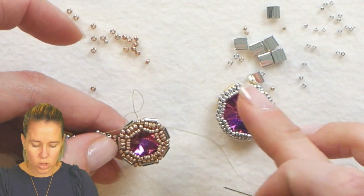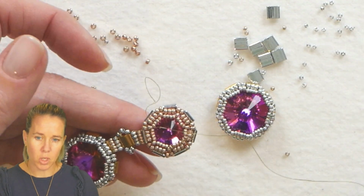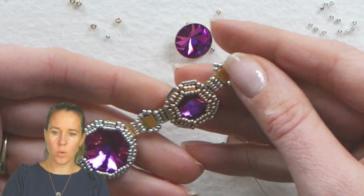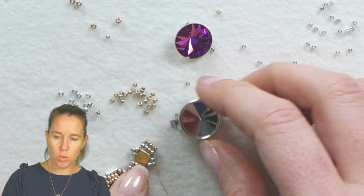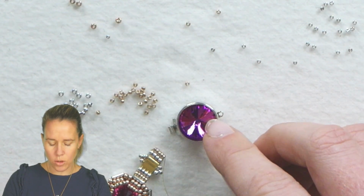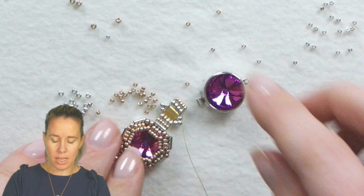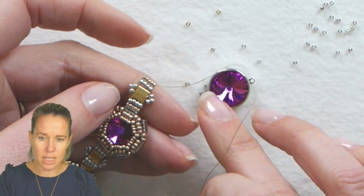Then I'll get ready to do the same technique and attach the next one of my 18mm Rivolis. Once you're to one end of the piece, I'm going to be adding a clasp closure, and I'm using the 14mm Rivoli Potomac's clasp because then I can take another one of this beautiful color shift Sphinx and use that as my clasp. So coming out of the end of my piece here, I did my Tilas and my seed